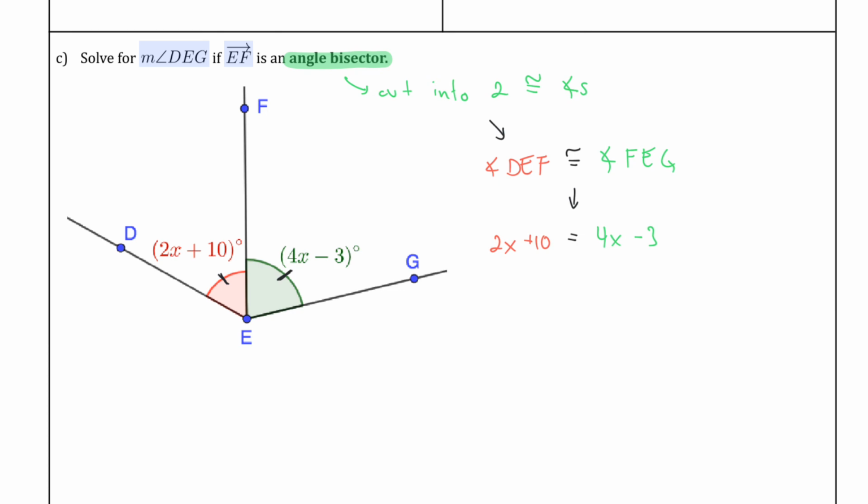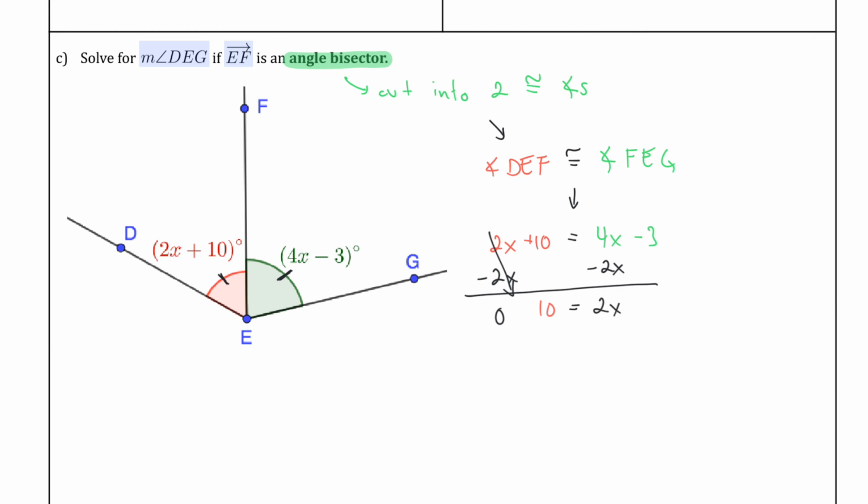Now we need to solve for x. I notice that I have my variables on two sides of the equation. Because they are on different sides, I can't just combine them and say that it makes 6x. Instead, I have to move them. I'm going to move the smaller one, which is 2x. The way I do that is the opposite operation, which is to subtract 2x on both sides. When I do that, this becomes 0. I'm left with 10 is equal to